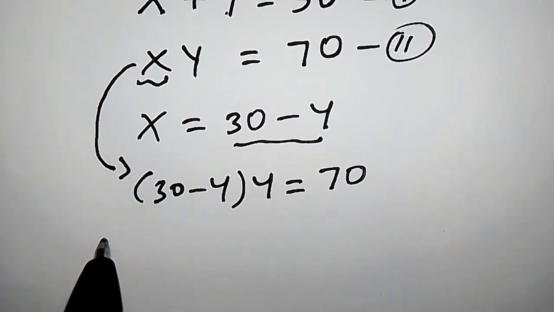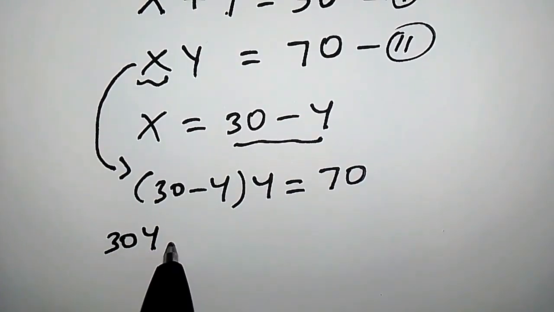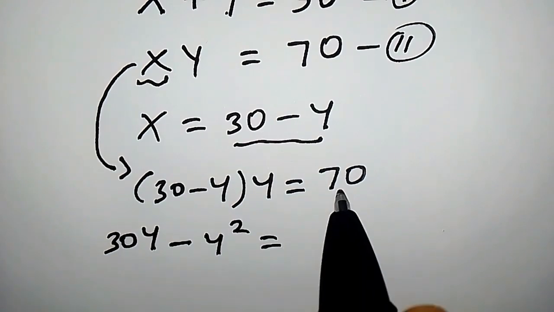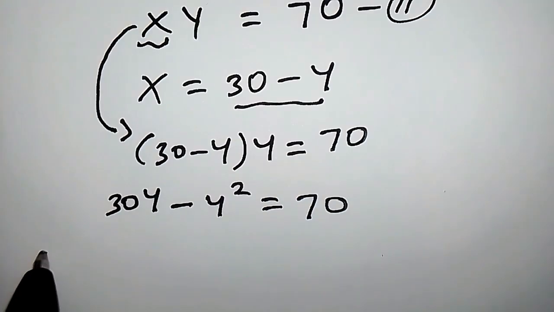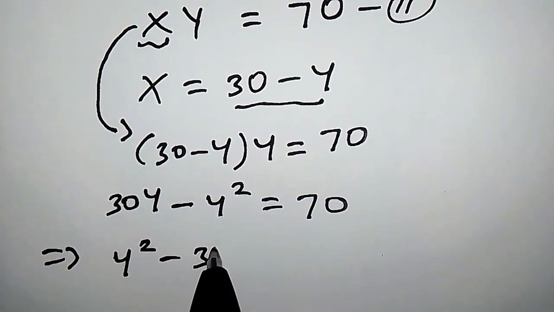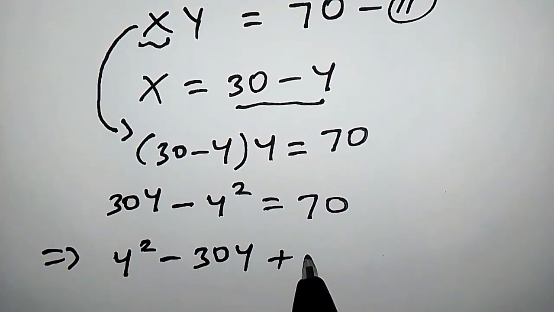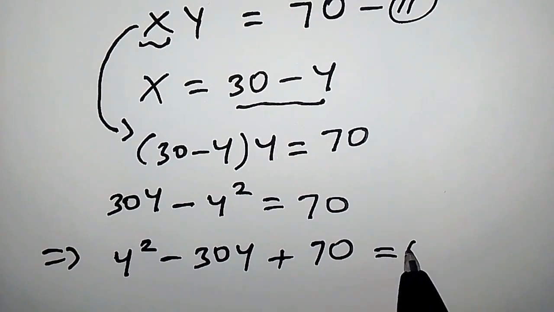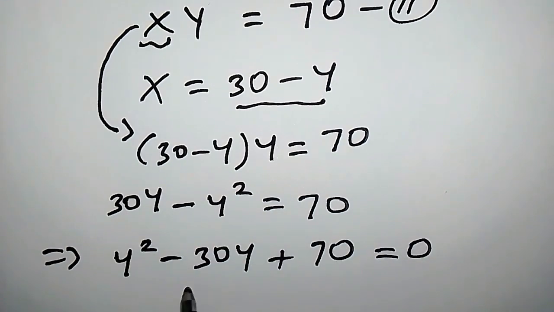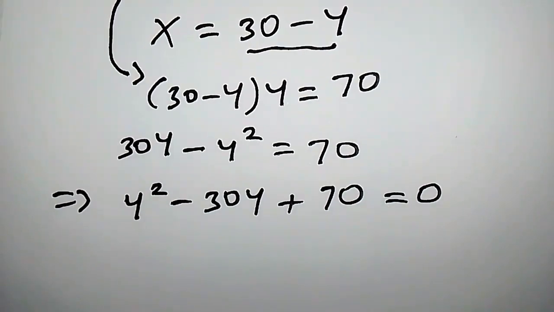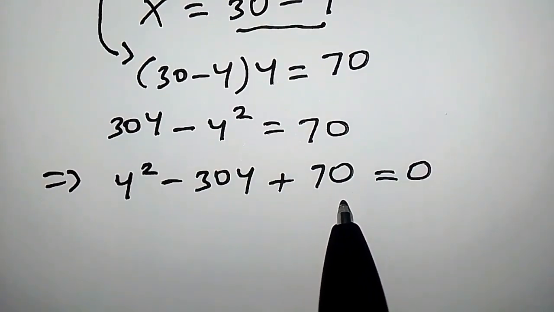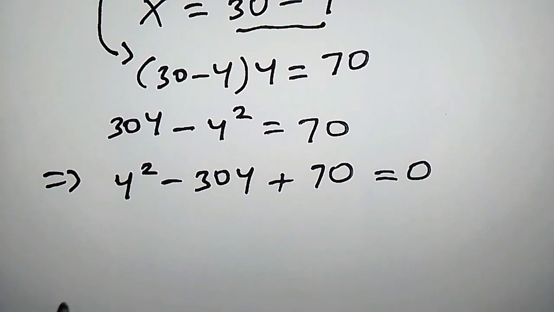30 times y, that is 30y, minus y times y, that is y squared, equals 70. This implies that y squared minus 30y plus 70 is equal to 0. By just rearranging this equation, we have this. Let's proceed further. It is obvious that this equation is a quadratic equation and we can solve it using the quadratic